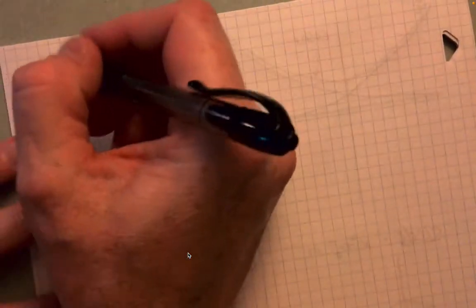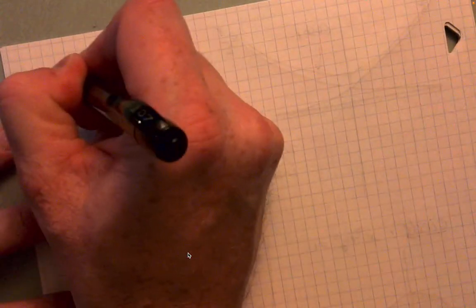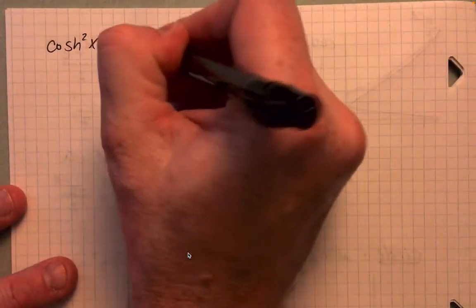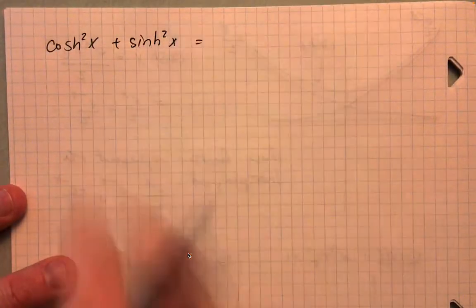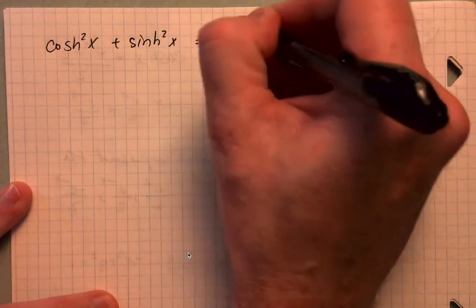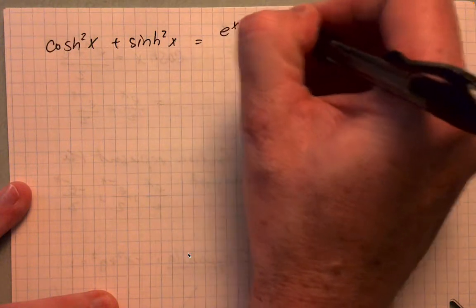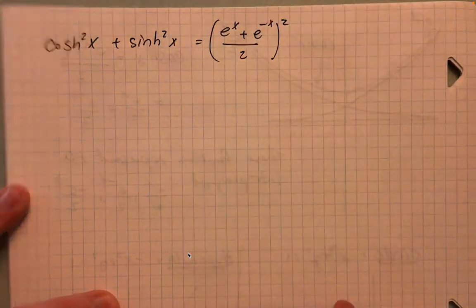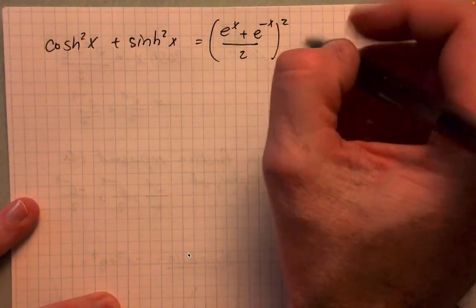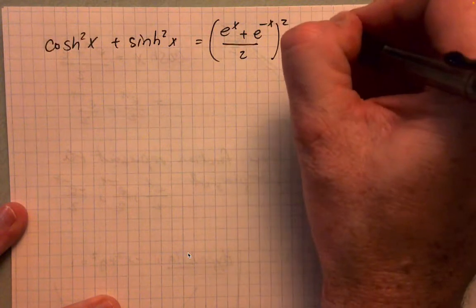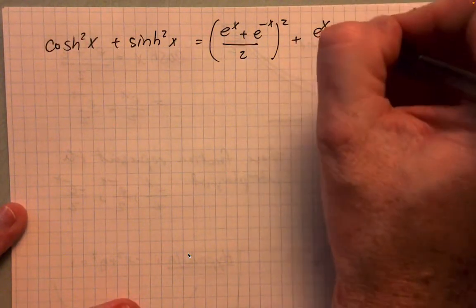So if I have the hyperbolic cosine of x squared plus the hyperbolic sine of x squared, right, then by definition, the hyperbolic cosine is e to the x plus e to the negative x over 2. And of course, if I square it, it's squared. Right, and then if I add to that the hyperbolic sine, right, like so,